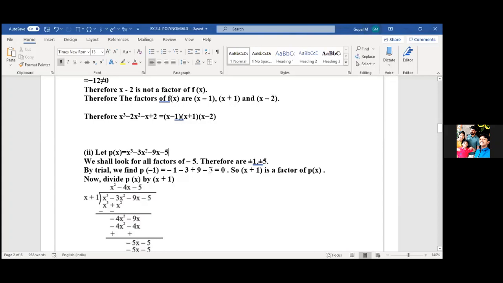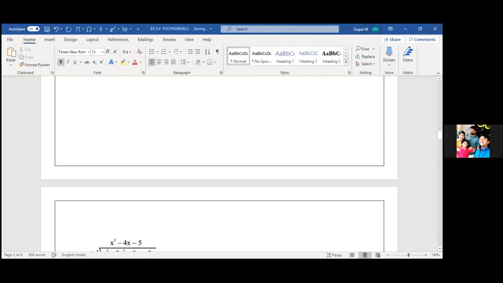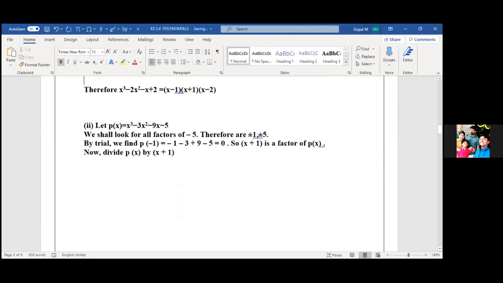So if x is equal to minus 1, what is the term? If I shift minus 1 towards left side, x plus 1, we have got one factor. We got one factor, no? Anyone have doubt in getting this factor, children? I didn't understand the last step. So I just have taken randomly minus 1, the x value that I applied in the polynomial p of x. Am I clear, Sukrita? I got remainder 0.